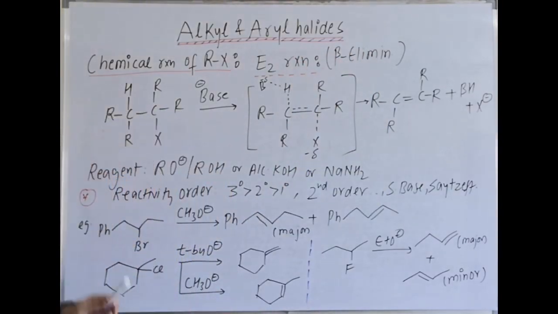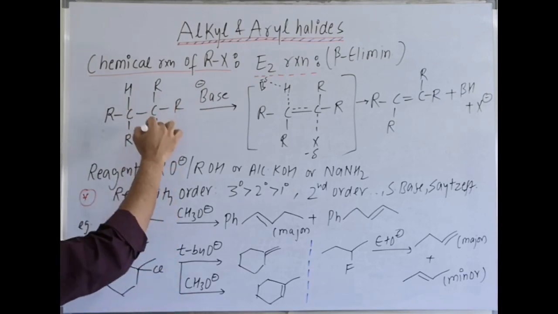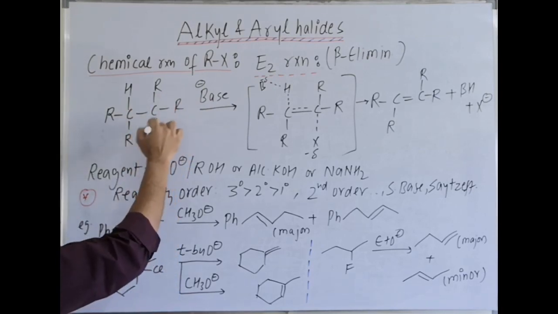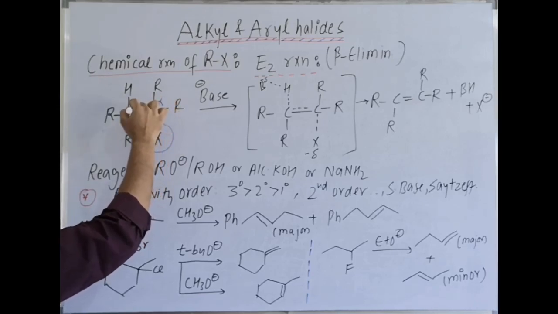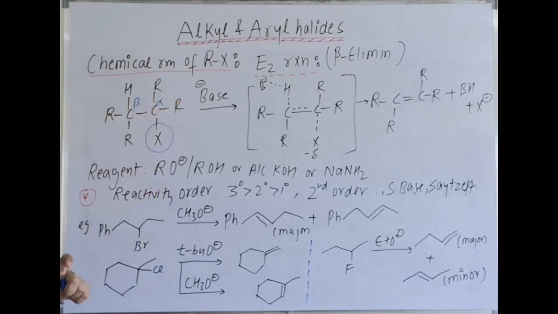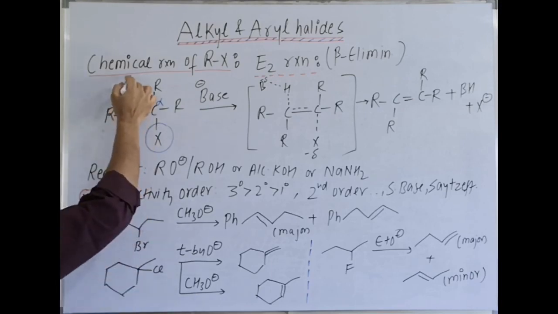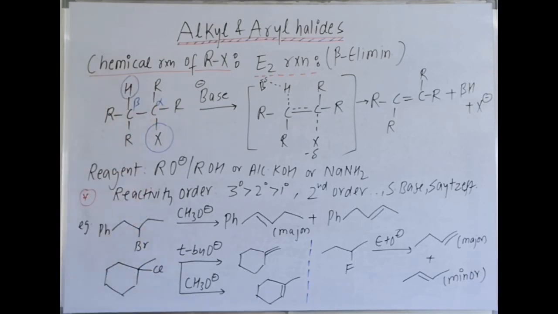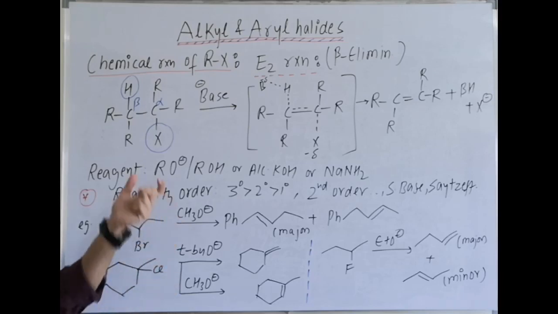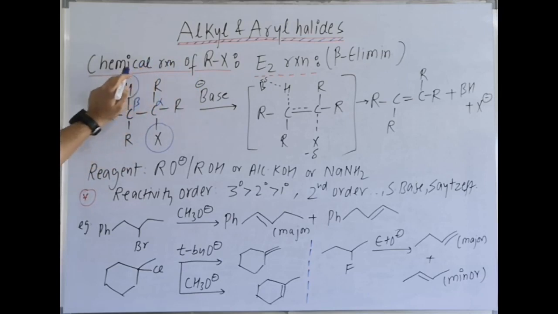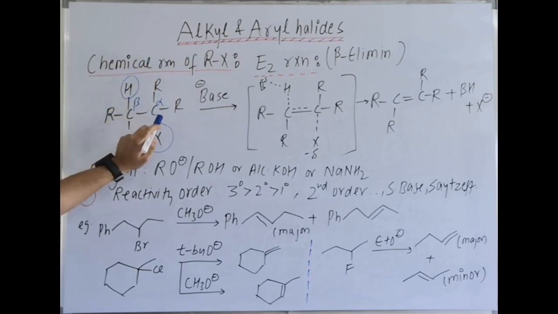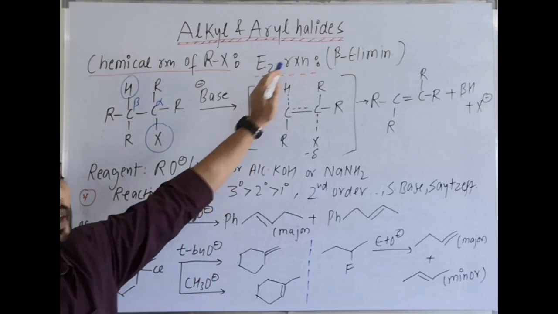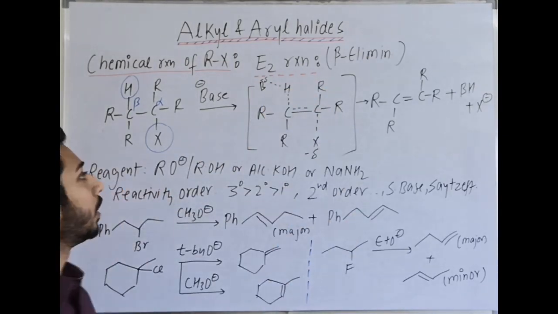Now how reaction proceeds? Alkyl halide, the carbon to which the leaving group is attached, this carbon we mark as alpha. Adjacent both side are beta carbons. From alpha carbon leaving group departs, from beta carbon base will abstract hydrogen. So here it is a single step reaction just like SN2, but here we are doing what? From alpha carbon leaving group departs and simultaneously strong base abstracts beta hydrogen, double bond formed, this type of transition state is formed.